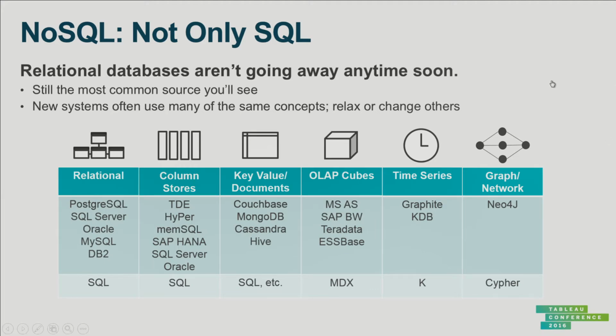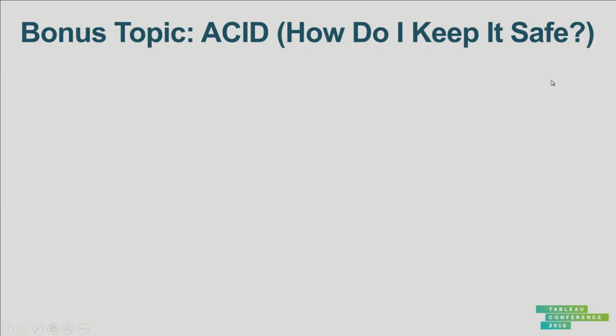All right, so I'm going to give you guys a bonus topic. So we talked about keeping the data safe. Now, if you hear a database person talk about ACID, they're not out to get high. It really comes down to a method for keeping data safe that all of these relational systems that we've talked about implement. And so here's the thought experiment.